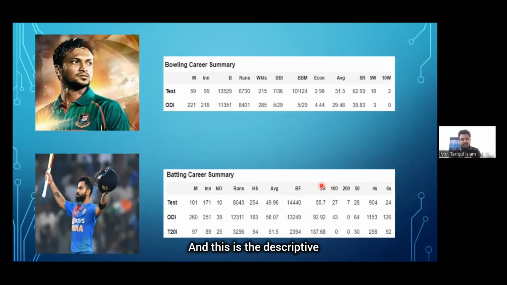And this is descriptive statistics, because just look at the average economy of Sabir Hossain. It is showing 2.98, which is really good. So from that we can say that he is a good bowler, and after observing the average of Virat Kohli we can say that he is a good batsman. So this is all about descriptive statistics. Now we will be doing